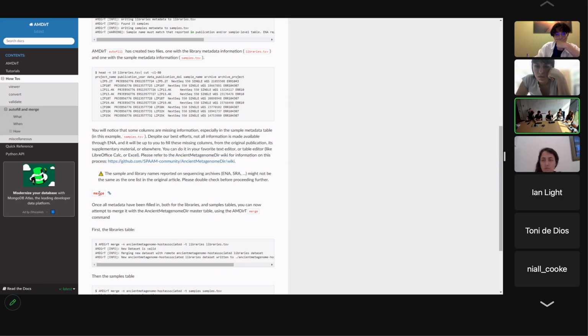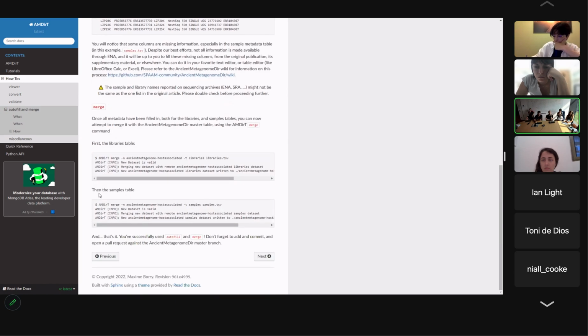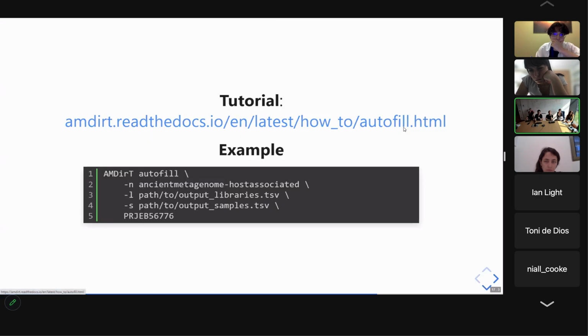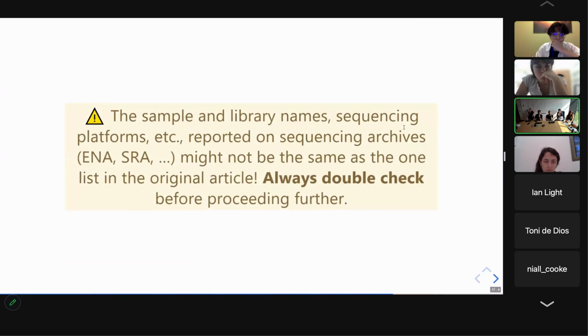And it also gives you a warning message because some of the metadata that are reported on ENA, especially on the sample level, are not always correct. But it will pre-fill a lot of things already for you, and so I think it will make it